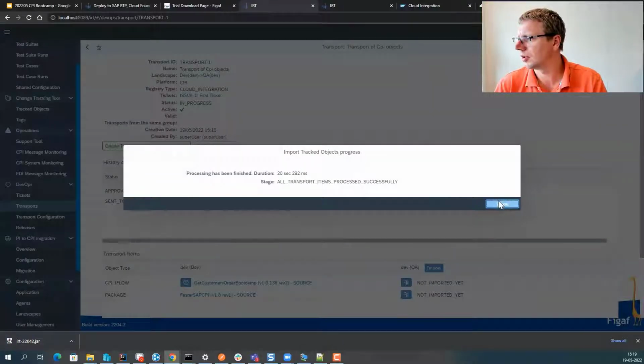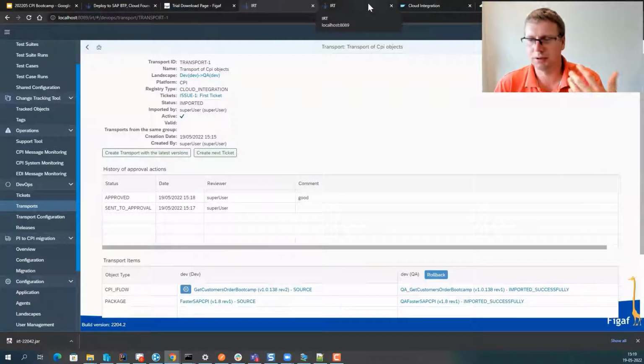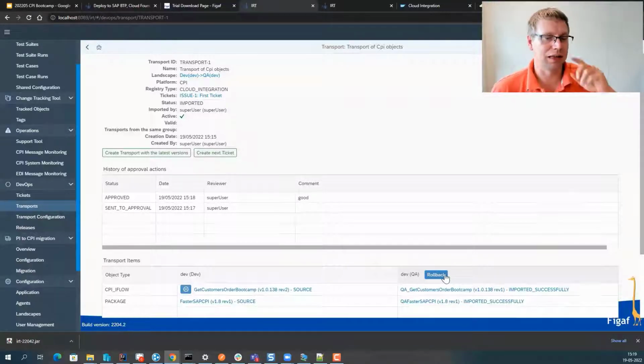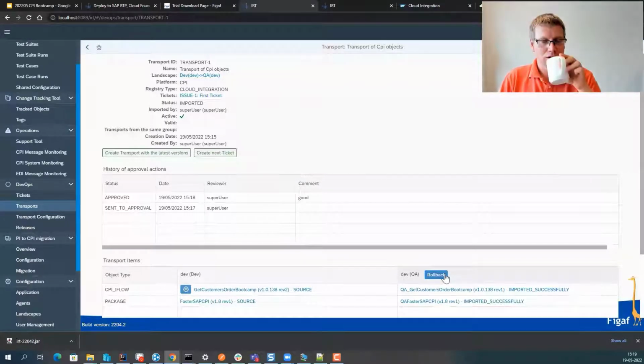Yes, so all transported successfully. So now we have moved it into our QA system, as you saw here, and then it will obviously deploy it, etc. We can roll it back. If we find out that there's a problem on it, then it will roll back that interface, apply the last transport. And once you've done that,